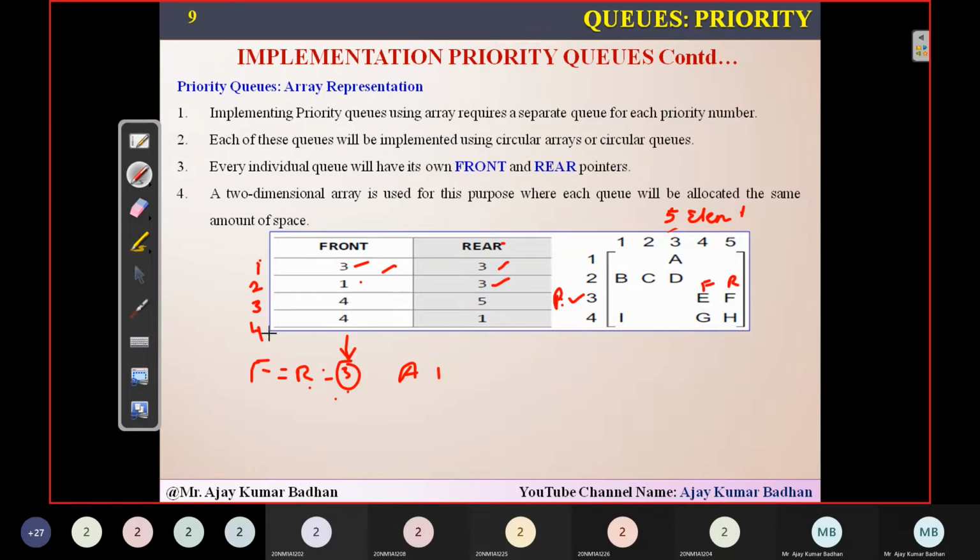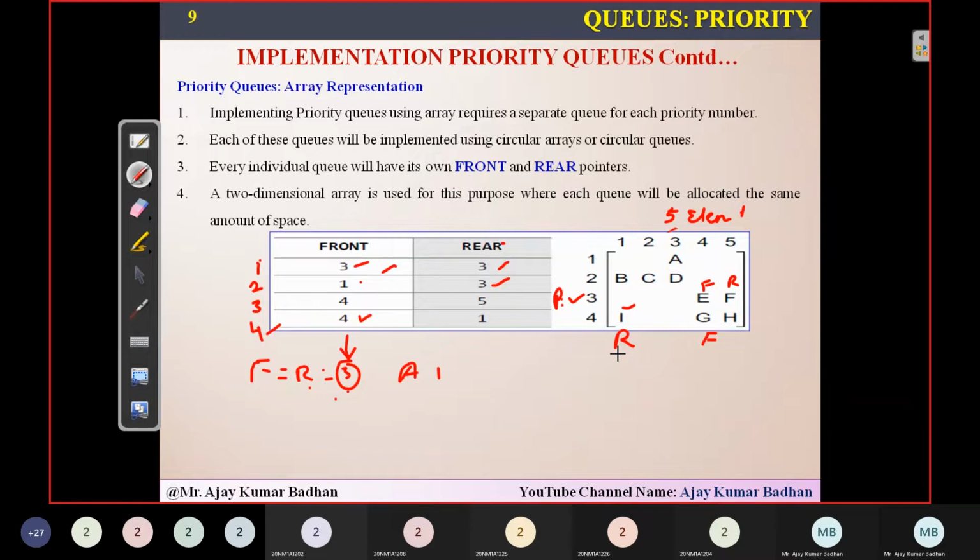And after that, you'll come to the fourth priority here. The front is pointing at number 4. That means front is here, rear is here, 1. What does that mean? We are implementing circular queue. So after H, again, our rear will be present here, but he is representing rear here in the sense these spaces are empty here. So after you reach the maximum value, you will be making it as 0 and you will be inserting the elements. That is what we are doing exactly here. So front is here, rear is here. So after E and F, we are going to insert G, H, and finally I.